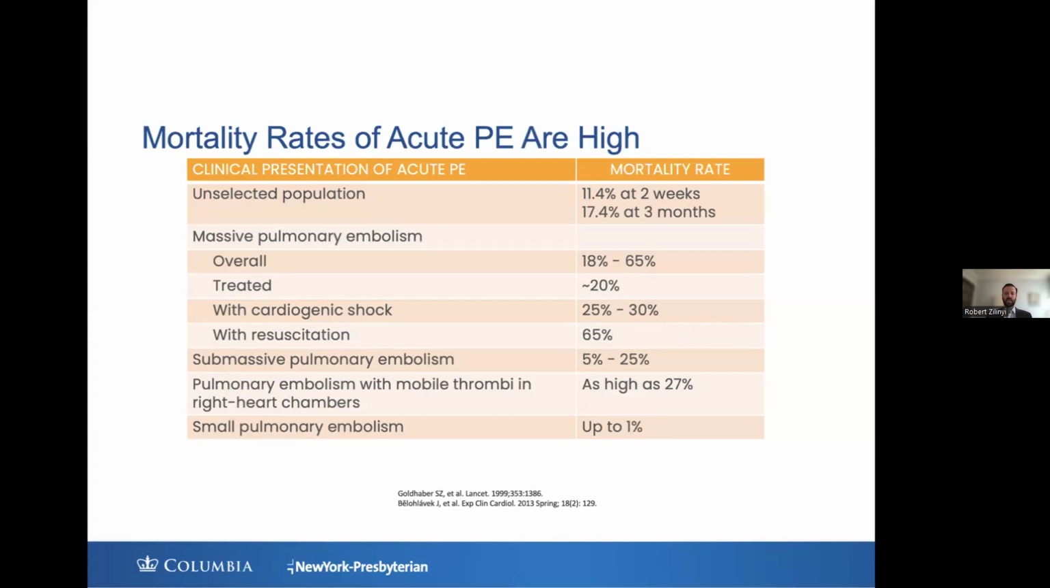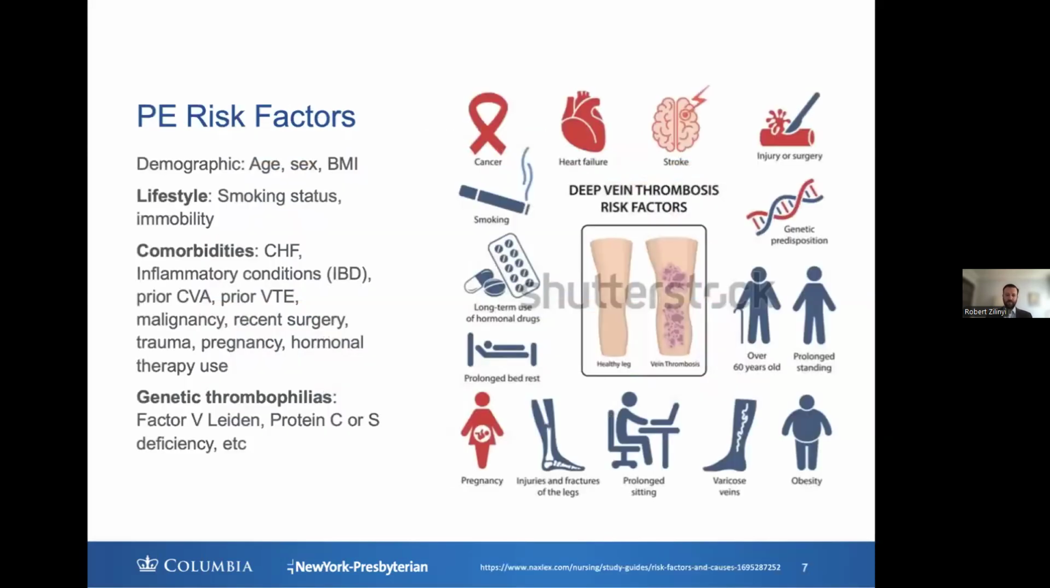And then in the low risk patient population with small pulmonary emboli, even still, mortality rates are 1%. So, what are the risk factors that we think about when we're looking at a patient and wondering whether they may have a pulmonary embolism? Certain demographic factors, including age, particularly in those greater than 80, sex, women are found to have a higher incidence of pulmonary embolism than men, and BMI, with obese patients having higher rates of pulmonary embolism compared to the rest